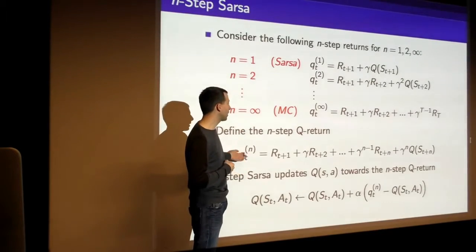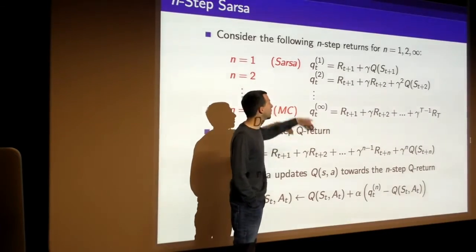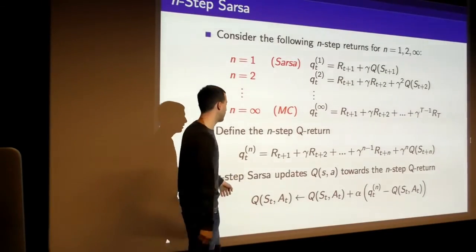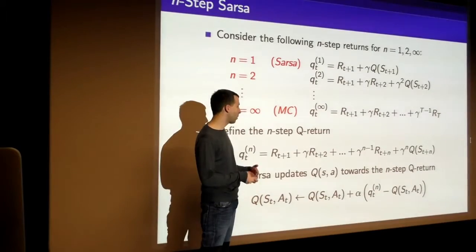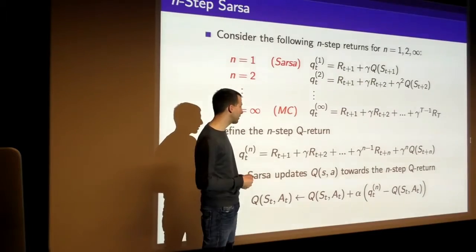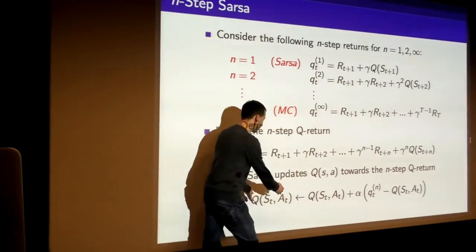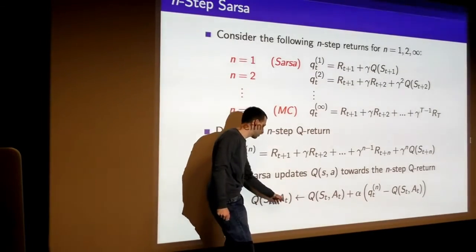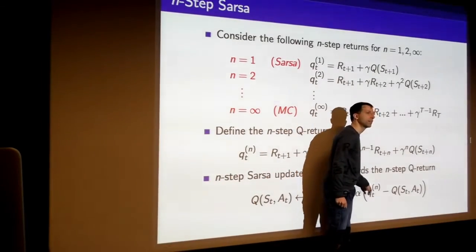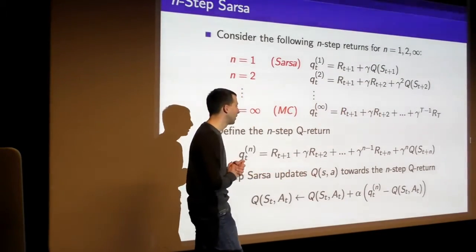And so this Q return we can define in the following way: the generalization of this to any n. And n-step SARSA just does the obvious thing, where for each state-action pair, instead of updating towards the one-step estimate of our value function using SARSA, we use this n-step return as our target. So again, we're going to take our estimate of the value of taking action A in state S, and update that a little bit in the direction of our n-step target. This is the idea of the incremental mean, these non-stationary updates again.